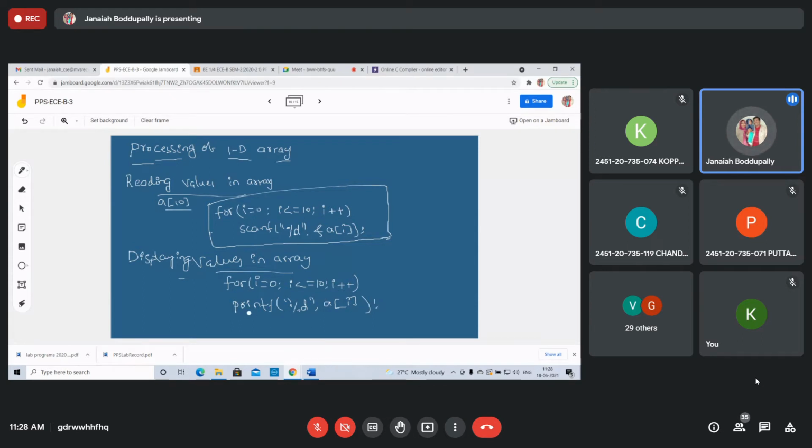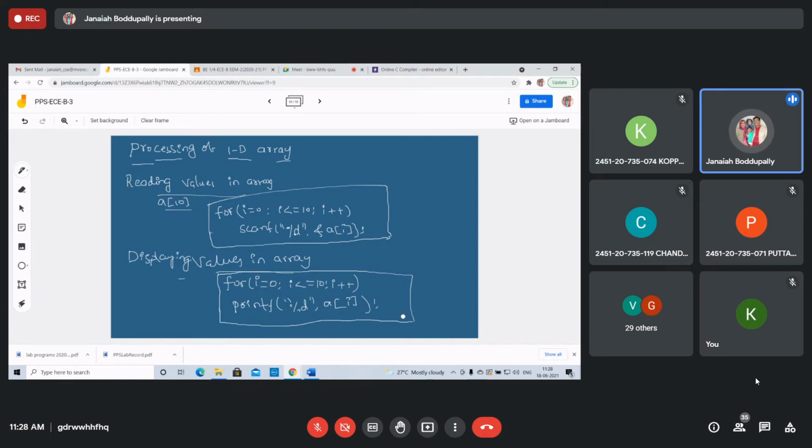If you want more than one statement, take the curly brackets after the for loop. For a single-line statement, there is no need. These two are the syntaxes for reading and displaying the array elements.